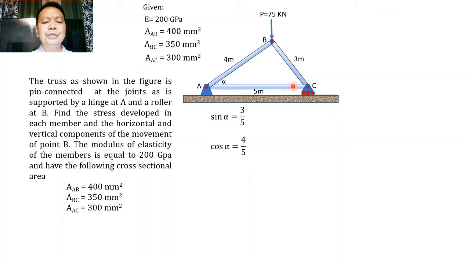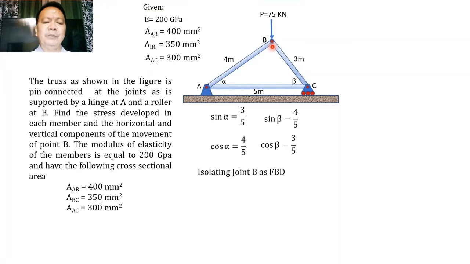We're going to consider this as our angle beta. Then this beta could also be expressed in terms of its functions, so that the sine of that angle beta will be equal to the opposite to the hypotenuse, which is equal to 4/5, while the cosine of that angle will be the ratio of the adjacent side to the hypotenuse, and that is equal to 3/5. So after we have identified the functions of those angles, we can isolate joint B as FBD